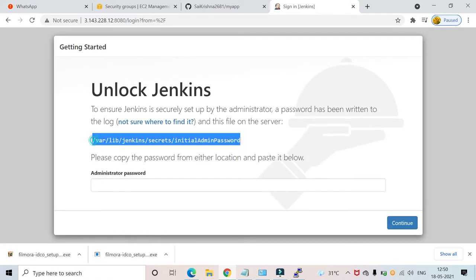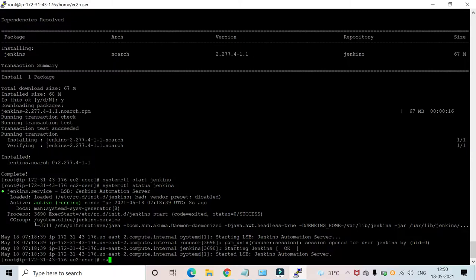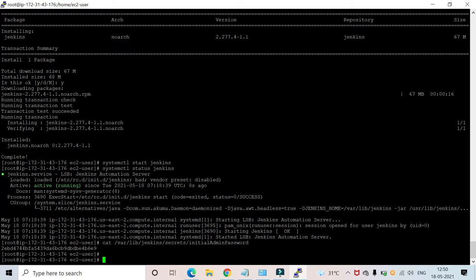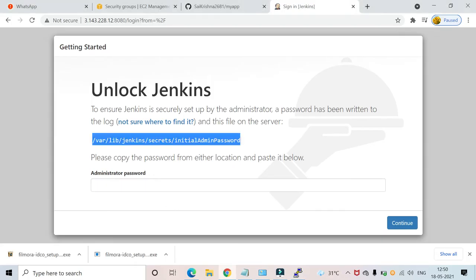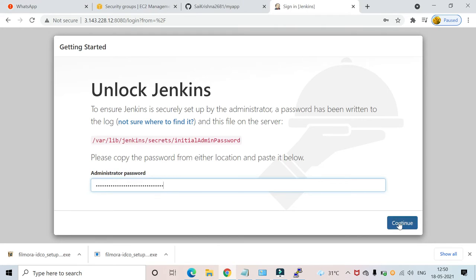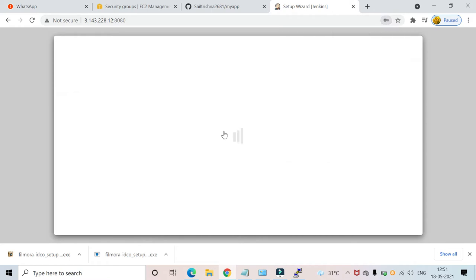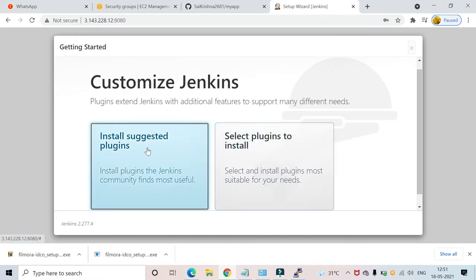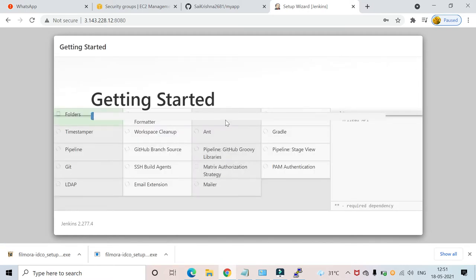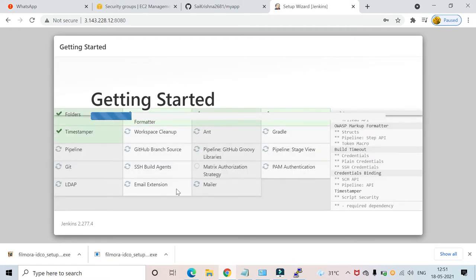So this is the administrative password for Jenkins. Let's go and get it with cat, and this is the password. Using it, log into Jenkins and create your own account. Now install the suggested plugins. There will be a few plugins by default which we need, like Ant.